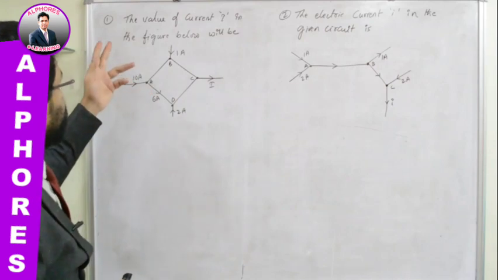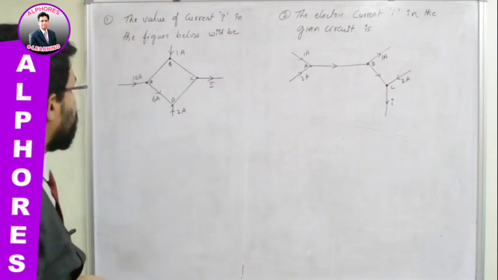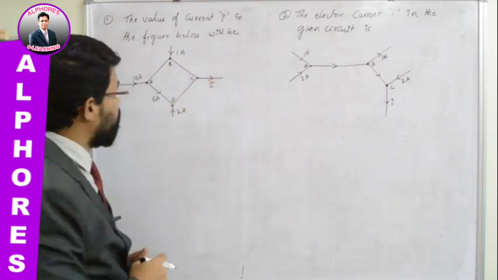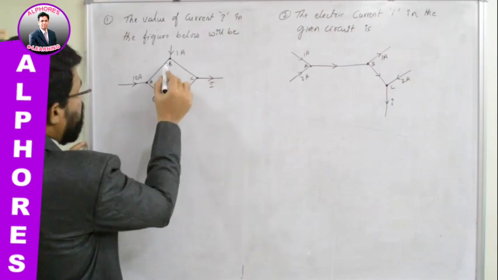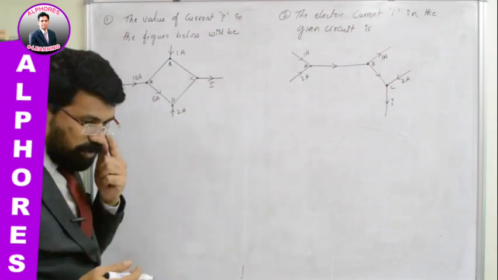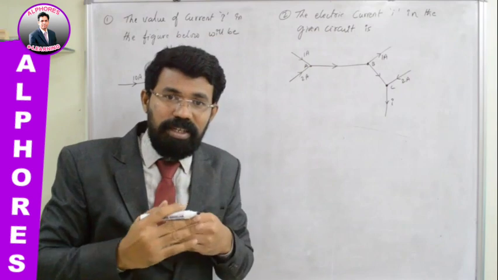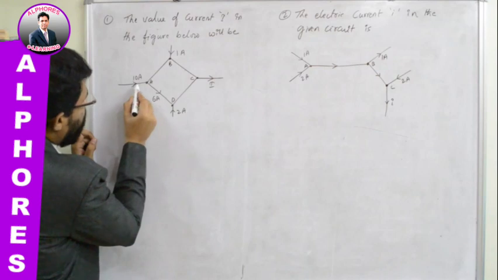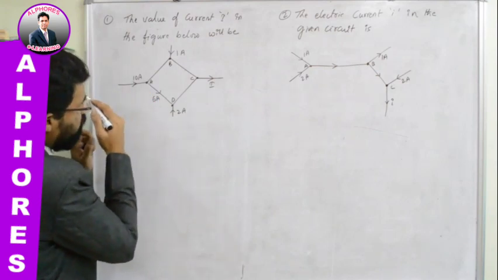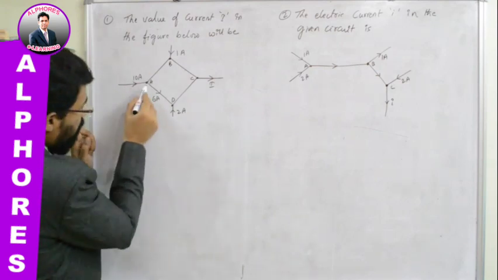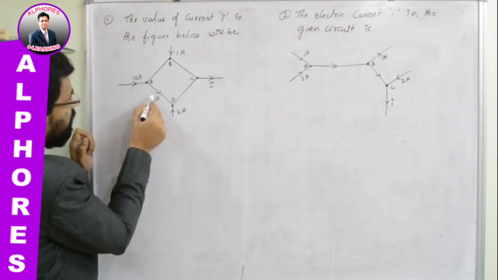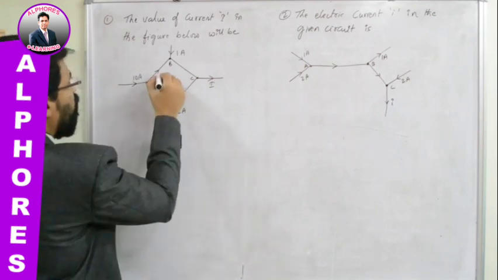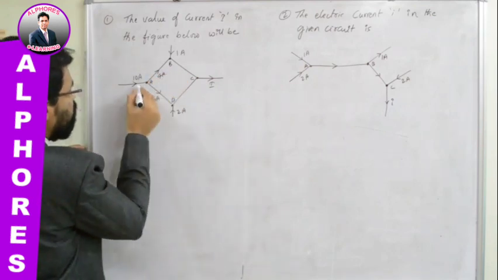In the first question, what is being asked is the value of current I in the figure below. So here I is given. This is a small part of a circuit. Four junctions are there, junctions A, B, C, D. What do we know about the junction law? The sum of the currents entering a junction is equal to the sum of the currents leaving the junction. So here, if 10 amperes of current is approaching the junction, how much current should leave the junction? 10. But along this direction 6 amperes is leaving. It means in the other direction, how many amperes of current should leave? 4. Then only 4 plus 6 will be equal to 10.